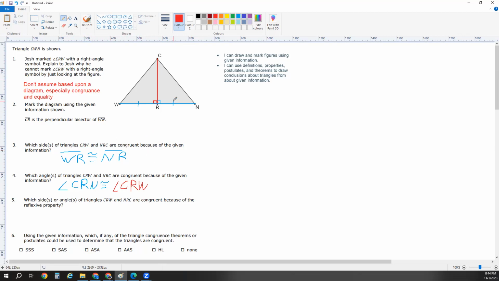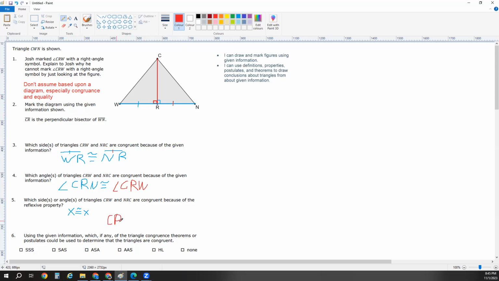Okay, so I'm going to mark this one differently so we can distinguish between the two a little bit. All right. So now, which side or angle of CRW and CRN is true because of the reflexive property? Well, if you go way back, remember what the reflexive property is. It's that something is equal to itself. So like X is equal or congruent to X. We don't know a precise value of anything, but the only thing that is shared by both triangles here is this line CR. So we can say that line